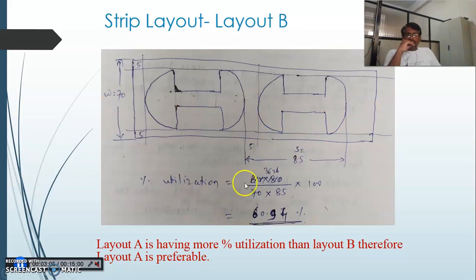The percentage utilization area is not going to change, that is 3626 divided by width 70 and advance 85 multiplied by 100. So we are getting 60.94. So in layout A, the percentage utilization we got is maximum, that is 61%, and we can suggest that layout A will be preferable for getting the component.